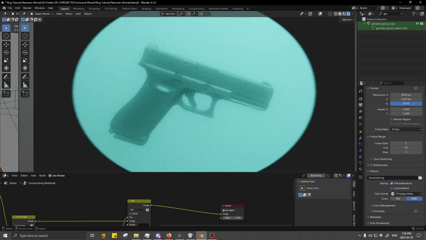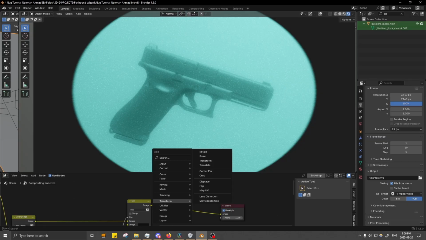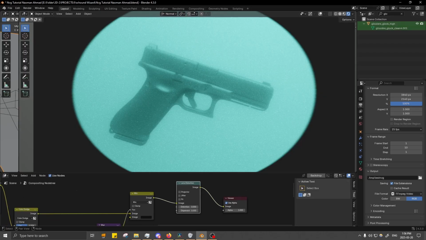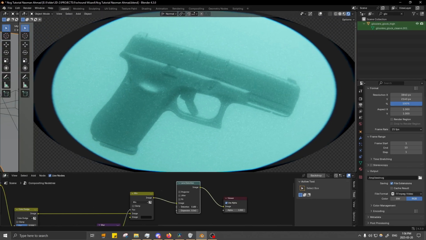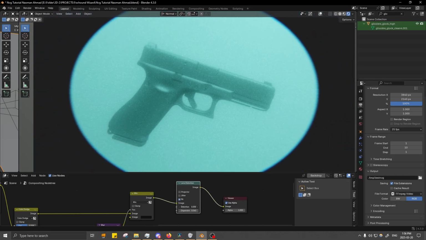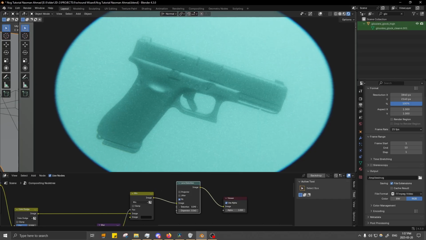Just to finish this off, I want to add just a little bit of distortion to this image. And a quick way to do that is with the lens distortion node. Just drop that in at the end. Increase the dispersion just a little bit, and increase the distortion just a little bit. And you can see how when you increase this, you actually lose some of the edges, you lose some of the image around the corner. And to fix that, you hit fit, and then I'm just going to bring this down back to something subtle, like let's go with 0.04,